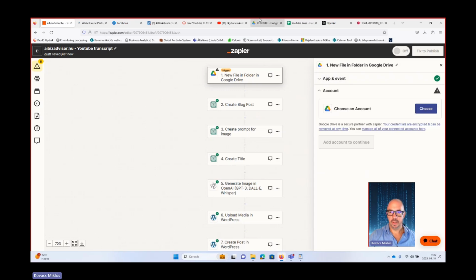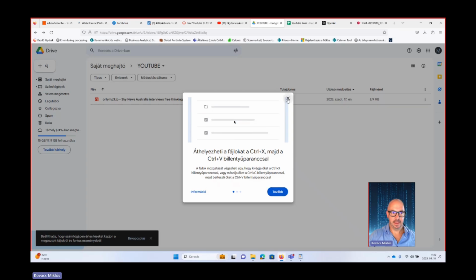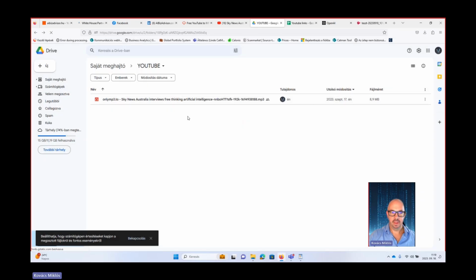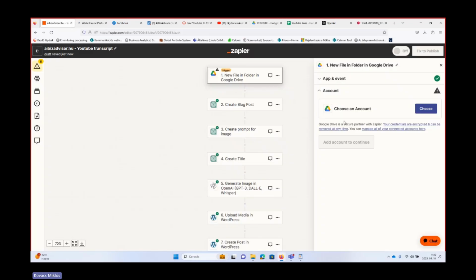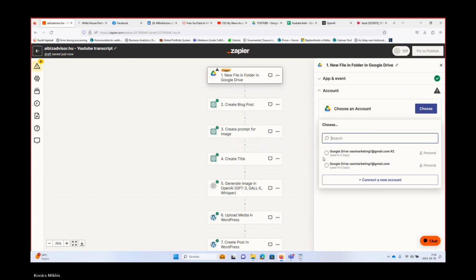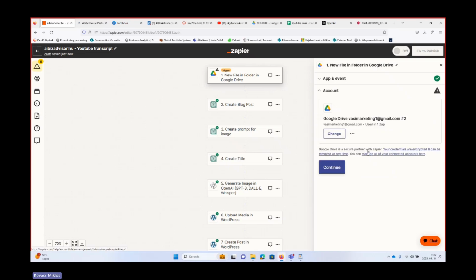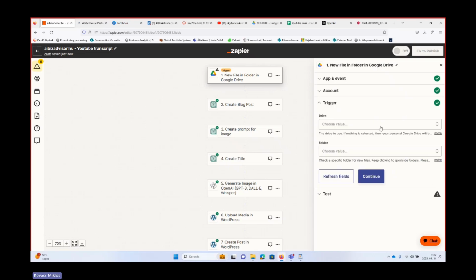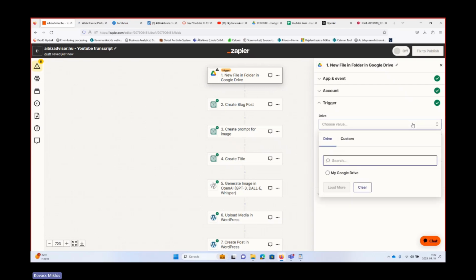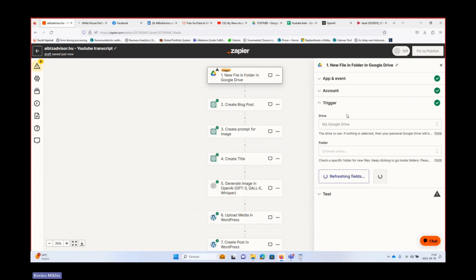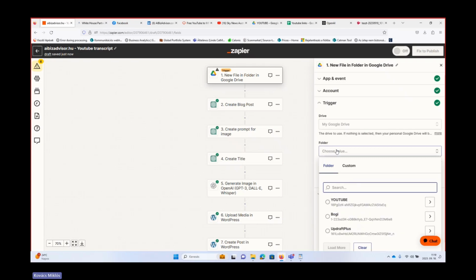I changed my triggering event. I need to link my Google Drive. Here I already placed an audio file just to be a little bit quicker. So let me link my account. Okay, as you can see, it's pretty straightforward and quick. Then my Google Drive, and then the folder where I'm going to place the files, right?